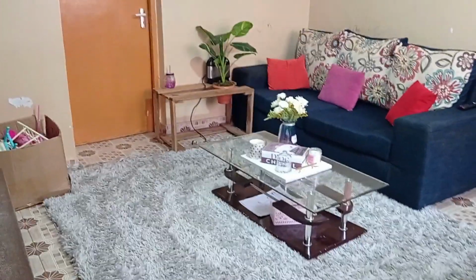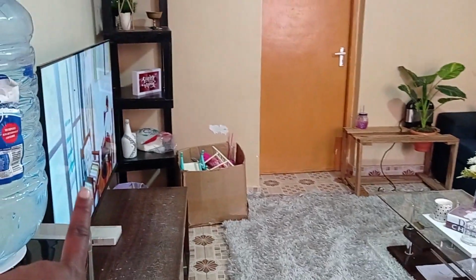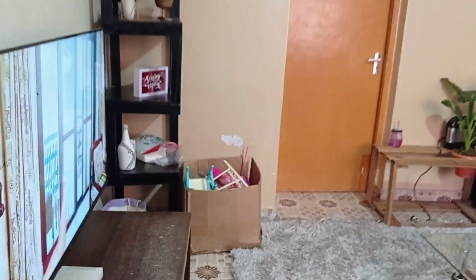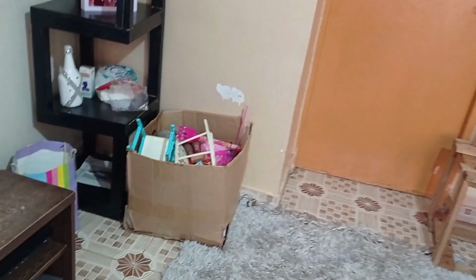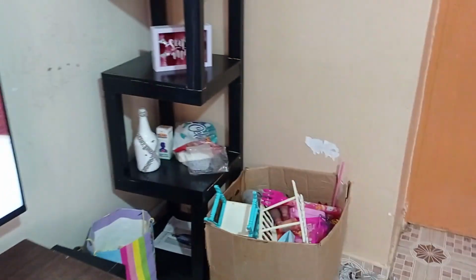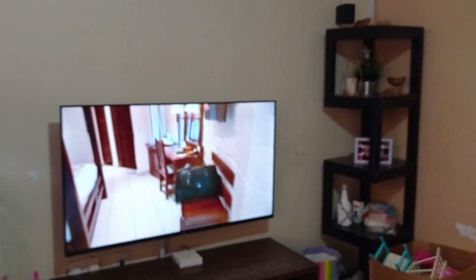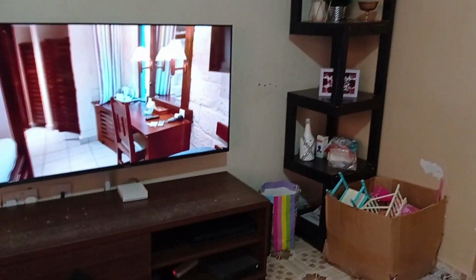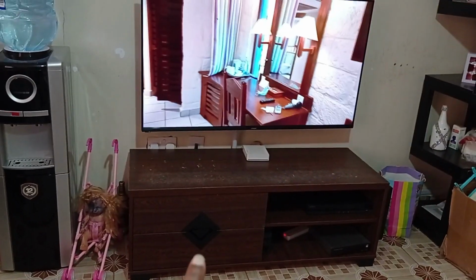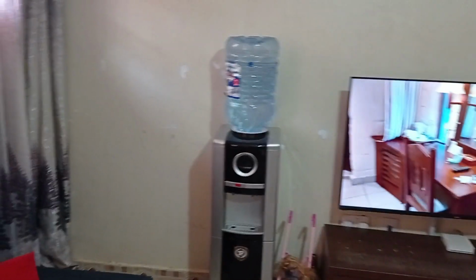So this is like the view of the living room. On this side we have the TV side that you guys don't get to see a lot because it's always messy. You can see that big box of toys all over the living room, and it's just a lot. So we've been thinking of selling this TV stand, but Alfie is still not for